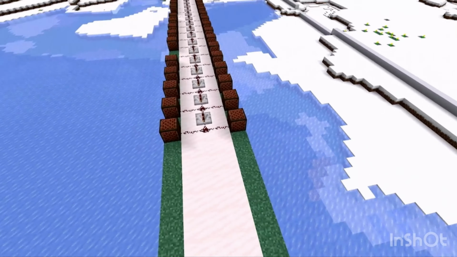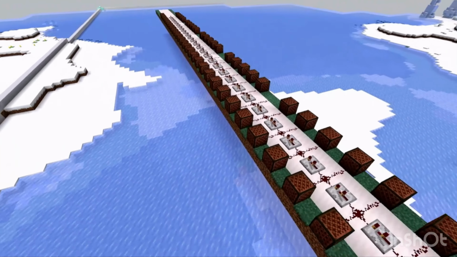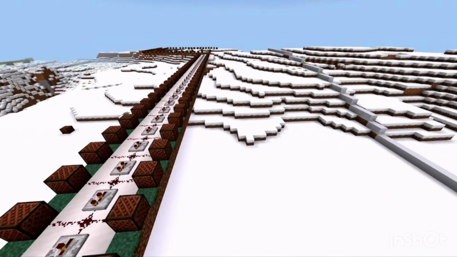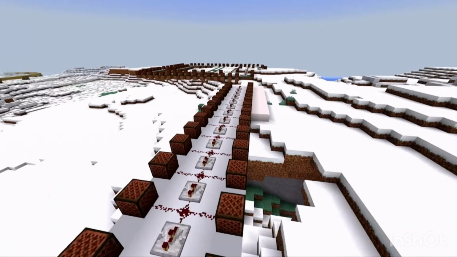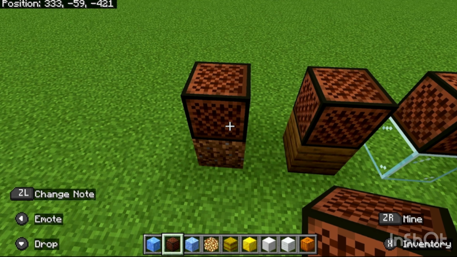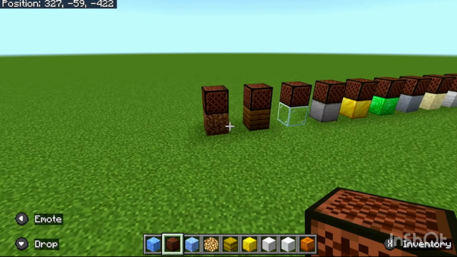So that one is a little more complicated because it's got notes that pair with each other, but this one wasn't too bad to make because there's a lot of repetition in it. But today I'm going to be showing you how exactly I do this and the easiest way that you can do this. Okay, so the first thing we need to know is the different sounds that the note blocks make,